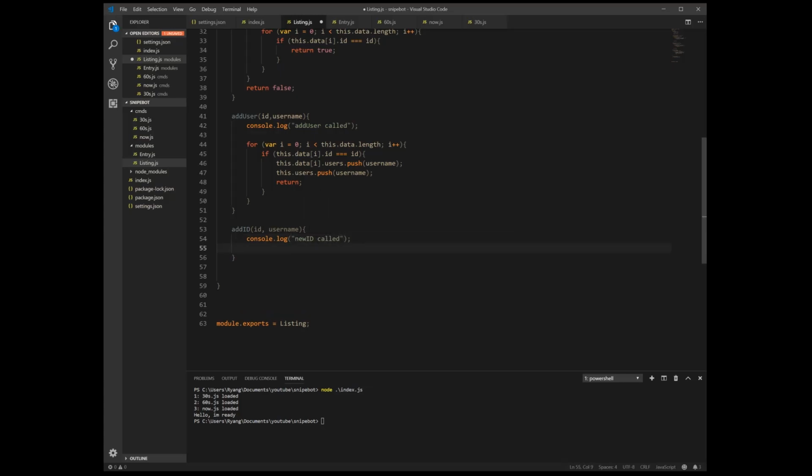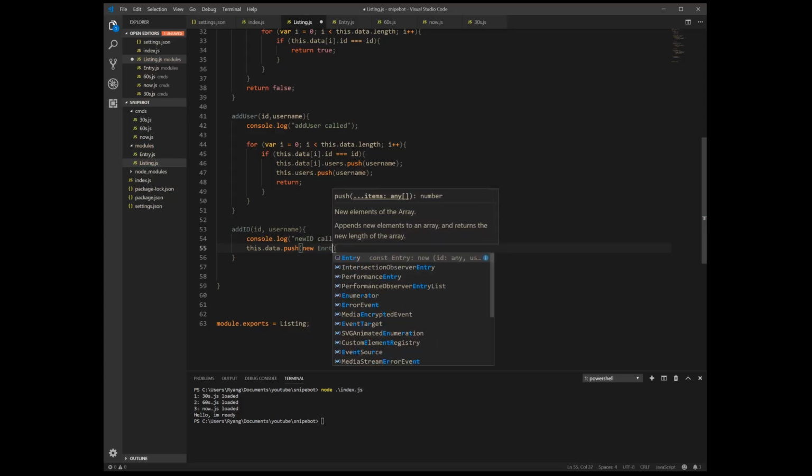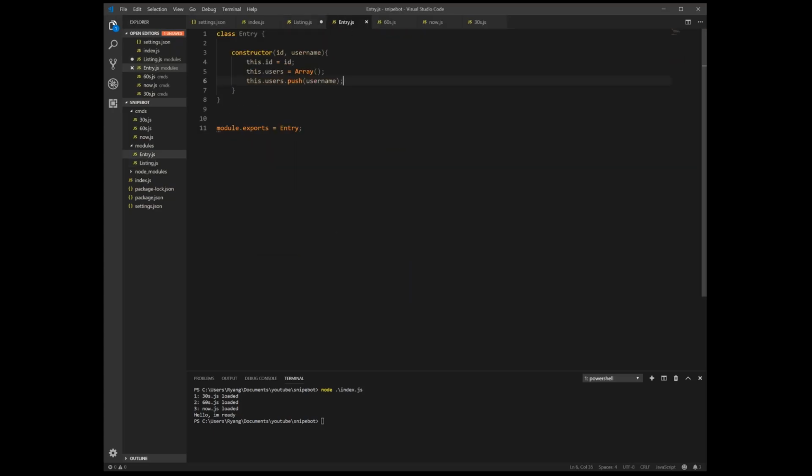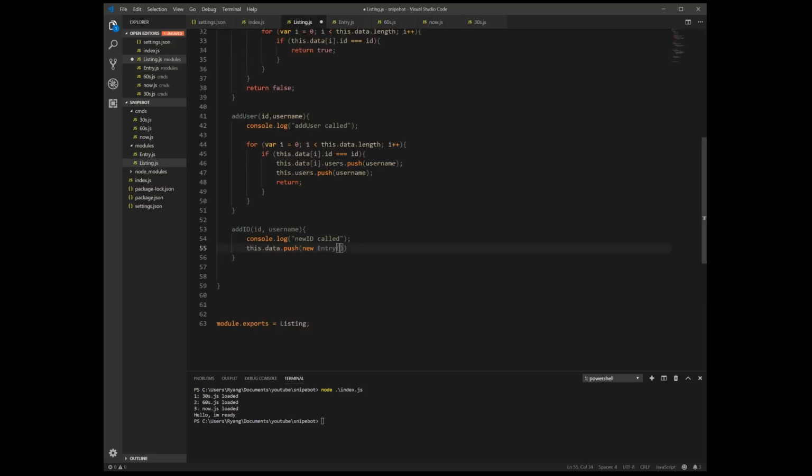Alright, and this one we just push our new entry into the data array, and then we push the user into the user array. So this.data.push, we're gonna push a new entry, which is the object we created earlier. And this object, if we go and check on its file, it takes an ID and a username in the constructor to be able to create it. So here we're going to push the ID and username that we get over here in these parameters.